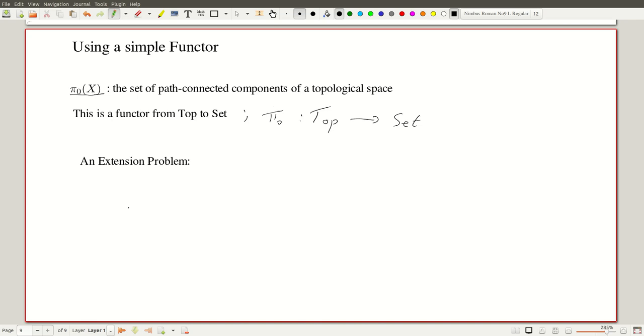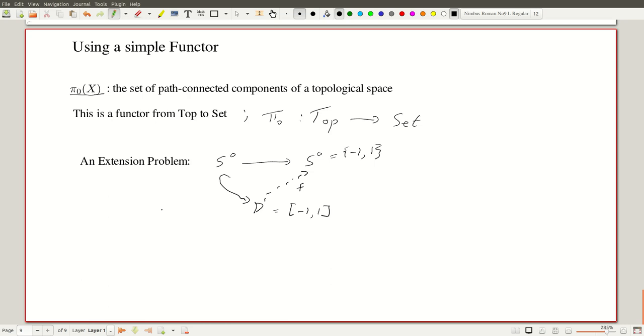Namely, we'll look at the extension problem where we have the sphere up there, the 0 circle S0. It's mapped by the identity to the 0 circle. Remember, these are the points minus 1 and 1. This is contained in the one disk, which is an interval, but for consistency, we'll call it minus 1, 1. And then we want to look at a function f here. So does such a function exist? Should remind you of the intermediate value theorem, and the real work done will actually use something like the intermediate value theorem. However, what we'll show now is how we map it to another functor.